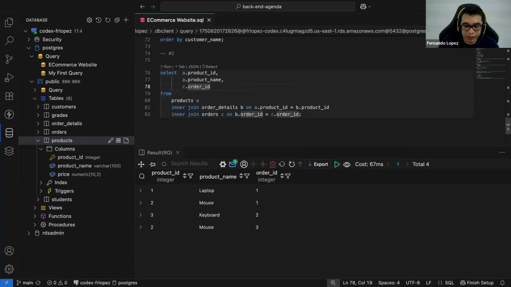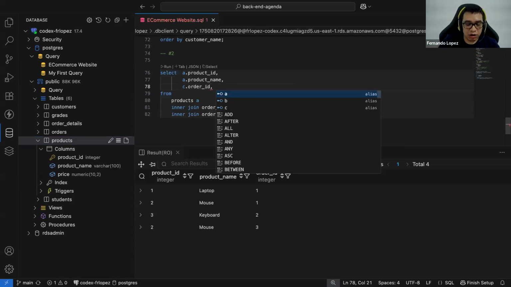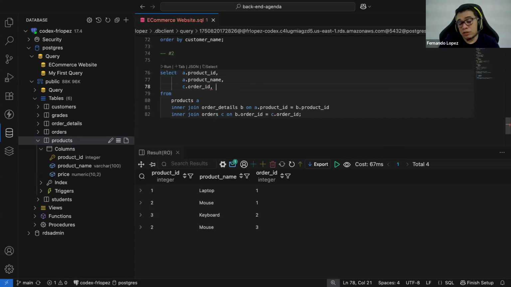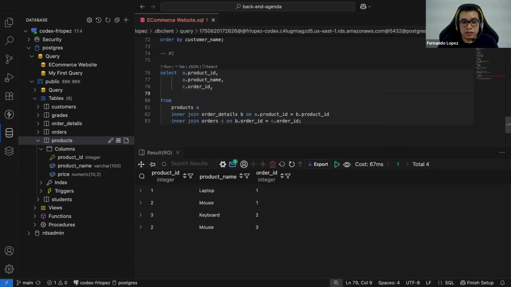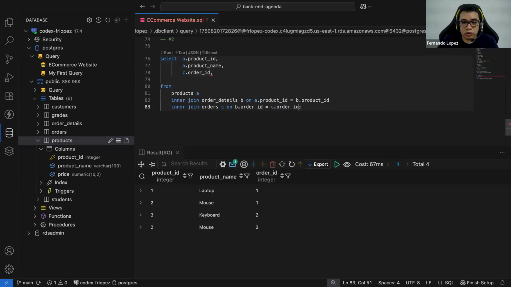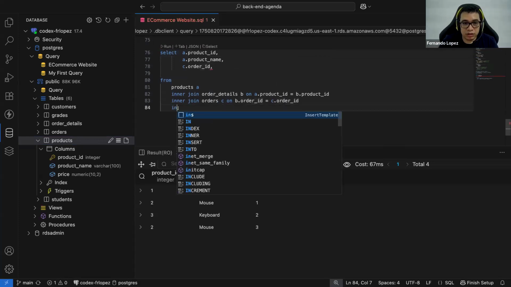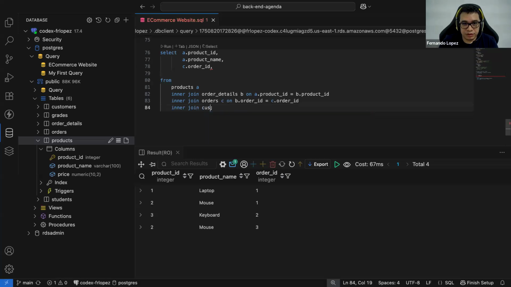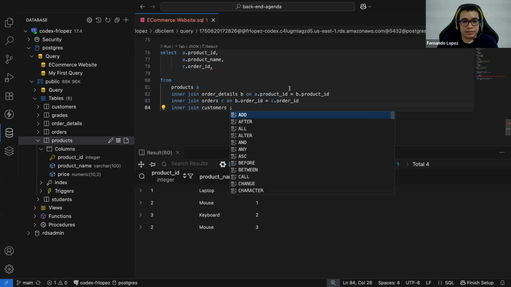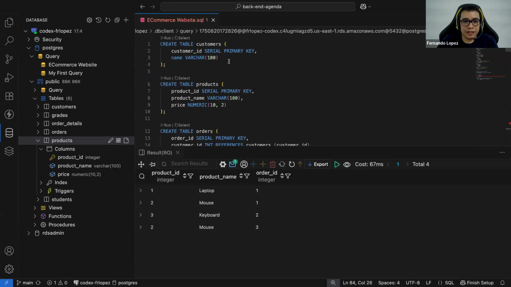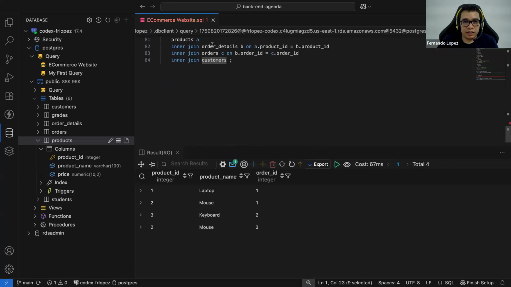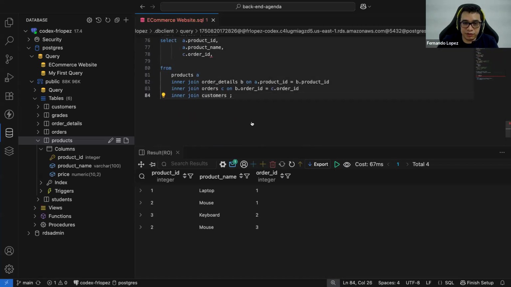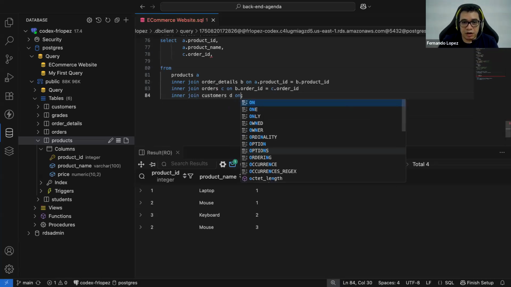Okay, now we need to understand who is the owner of the product or the owner of the order. So in this case, now I need to start joining with the table of customers. Let me see the name customers. Yeah, it's fine. And this is going to be renamed as the letter D. On orders ID.